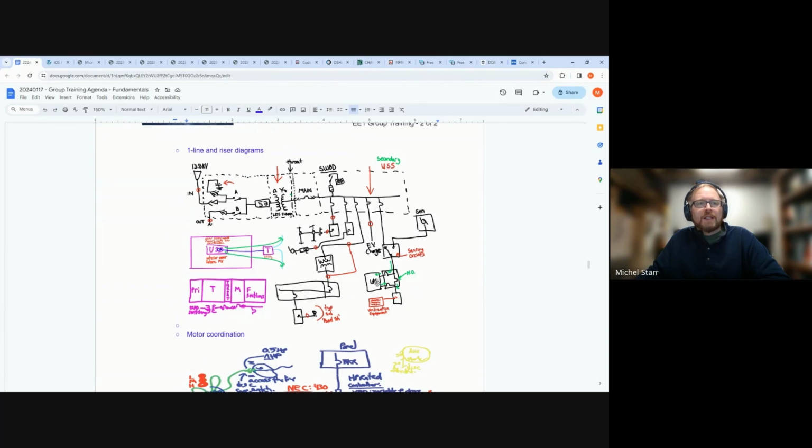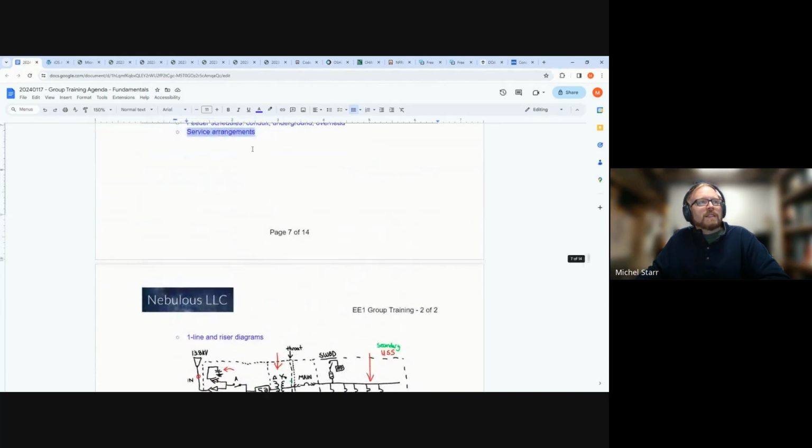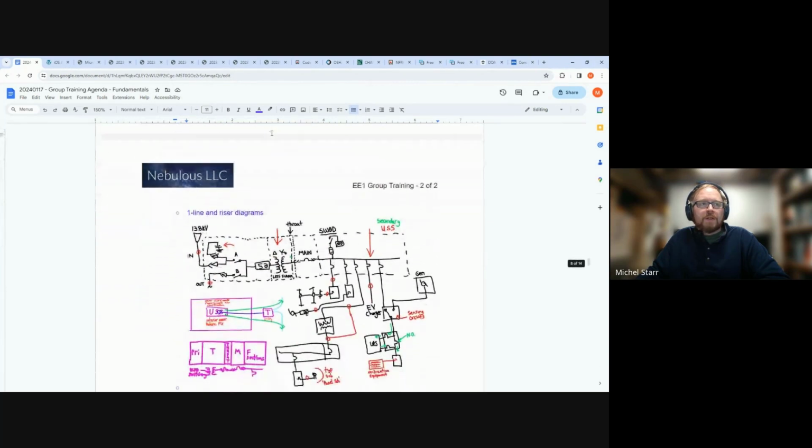So UPS, looks like there's maybe a resistive load bank there. I don't know, is that the owner that's providing that? Not sure. In this case, for the sake of discussing service arrangements, you can have a primary or a secondary